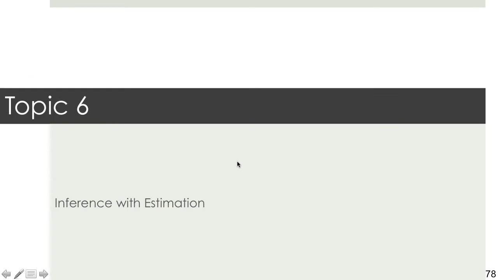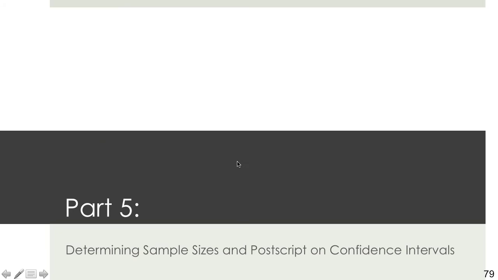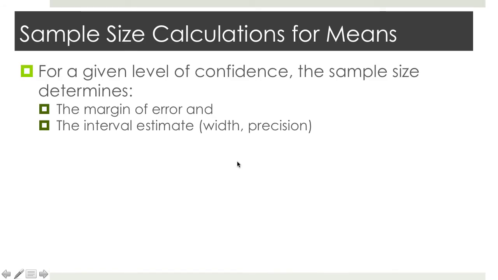Hello and welcome to our next video on topic 6, inference with estimation. Here in part 5 we're going to talk about how to determine sample sizes in a few different settings, and then we'll do a short postscript conversation on what we really mean when we talk about 95% confidence intervals or 90% confidence intervals. So let's start by looking at sample size calculations for the situation when we're looking at population